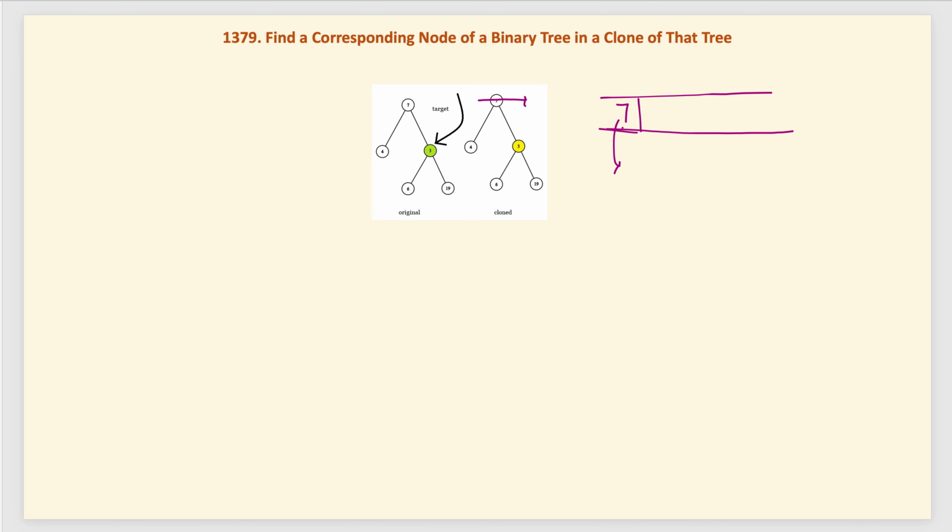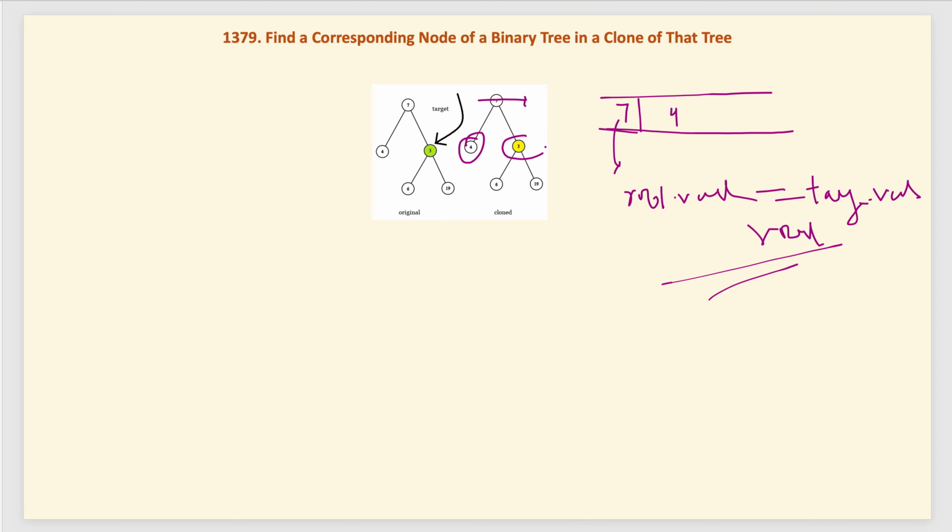Let us say we call it root again. If the value of this node is equal to the target value, then we will return this node root from here, and we will implement this with an iterative approach. If it is not, then we will check if a left child exists, then we will add it into the queue, and if a right child exists, we will also add it into the queue. Then we will go one by one like this; we will fetch this guy and this guy, and when the condition is met, we will return this.